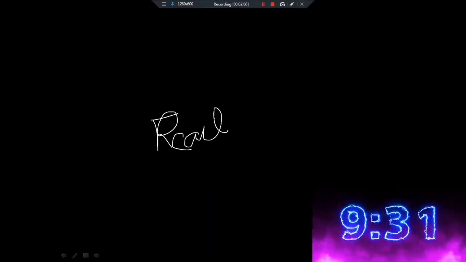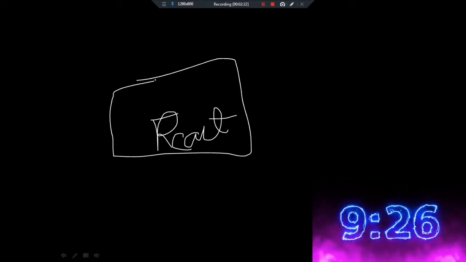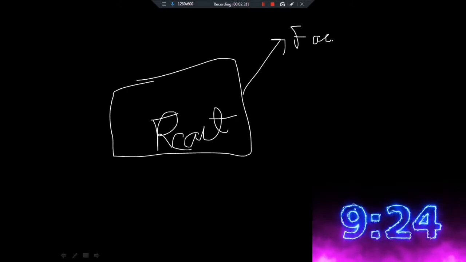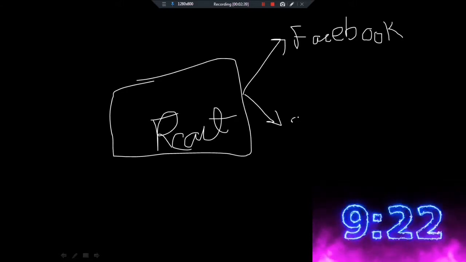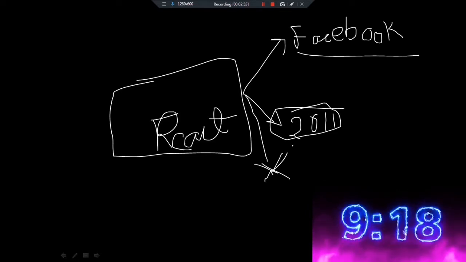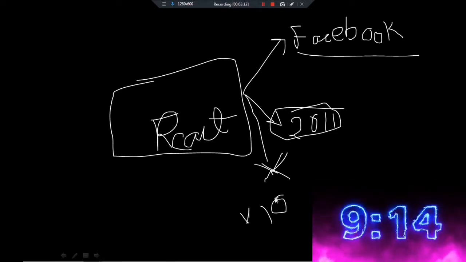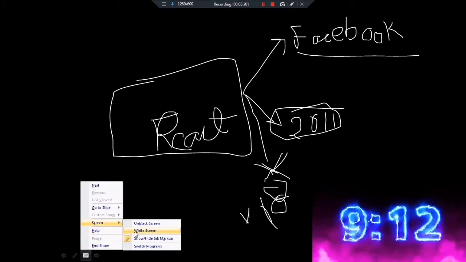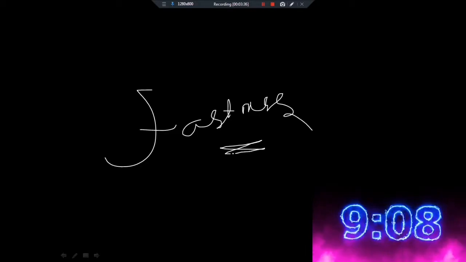Let's discuss React.js in a little more detail. The picture that you see is the React.js logo. React.js was built by Facebook, developed in 2011, and is maintained by Facebook. The latest version of React.js right now is 18.